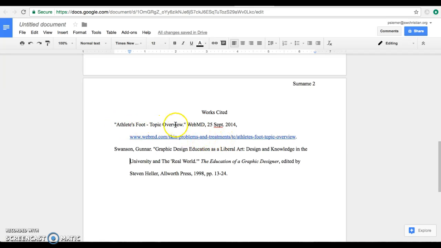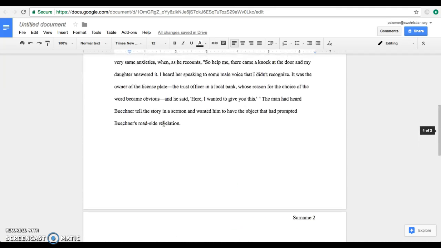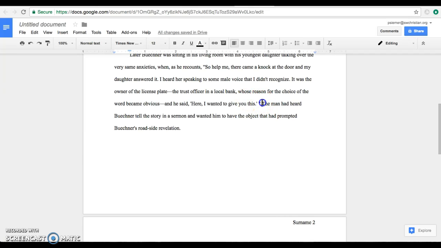If you have an article like this, it's kind of long, 4 words, and you want to have your in-text citation, you'd actually put the period on the outside. Let's say there's an in-text citation here. You're going to go